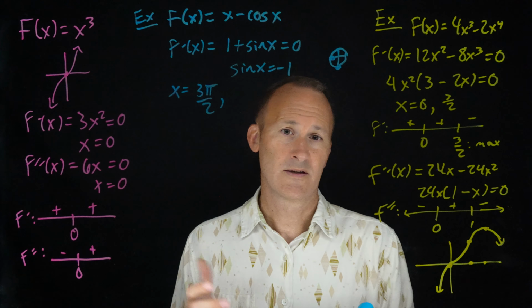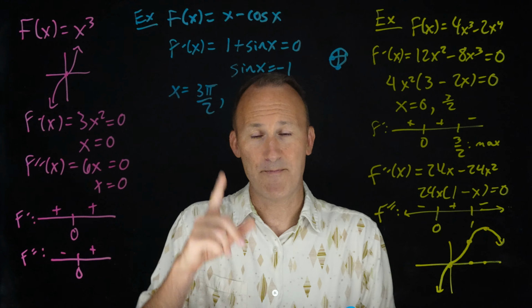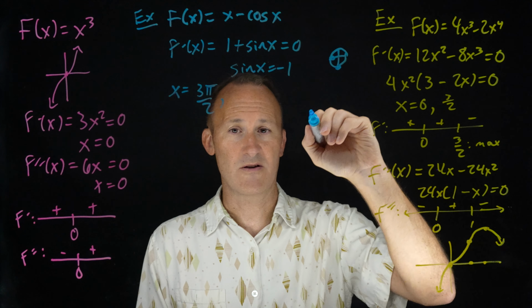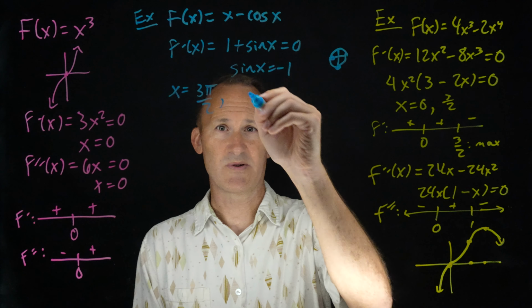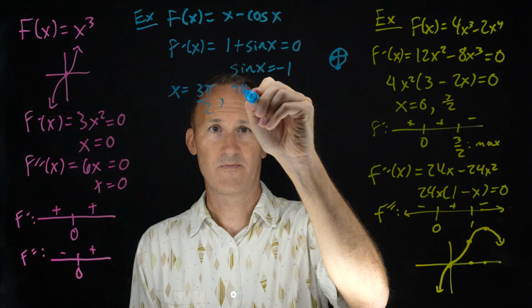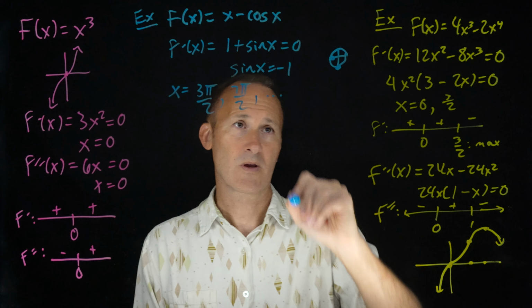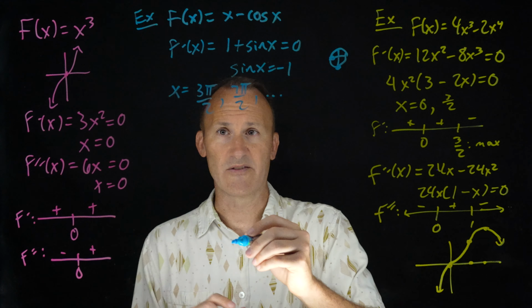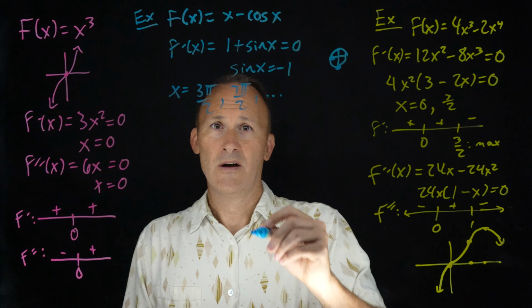And then it's going to be all of those, all the 3 pi over 2s. Now, it's not pi over 2. Right, pi over 2 is positive 1, so we're going to get 3 pi over 2, not pi over 2, so I think the next one would be like 7 pi over 2, and so on. And then the negatives too in that direction, so we will get like negative pi over 2. Because I guess we should count those too. Okay, so